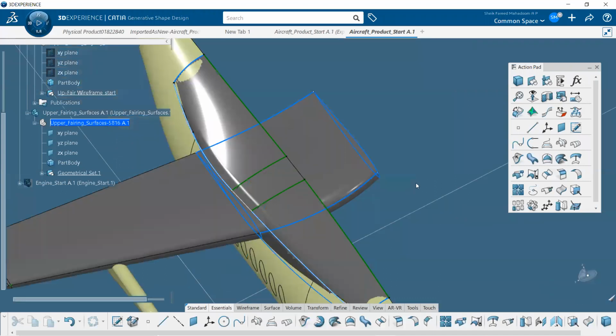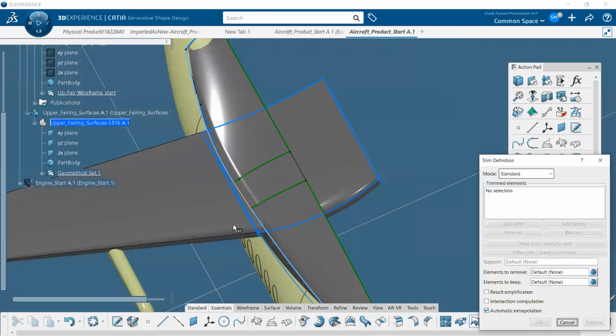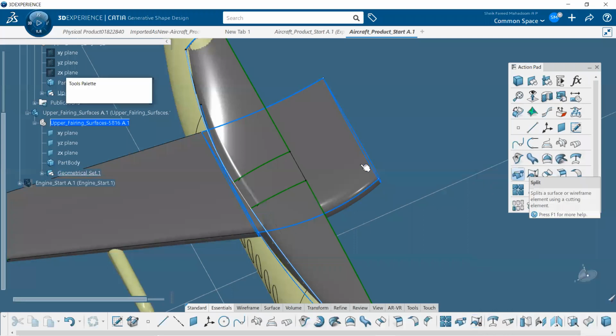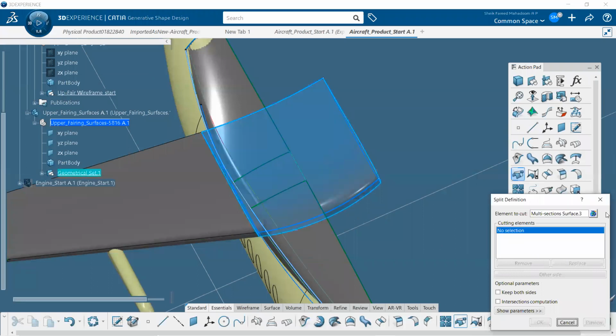So we have to remove the excess surface over here on the wing. For that purpose, we have to use the trim option. Select this surface and then select this surface. On the other side, we have to use the trim option as well.